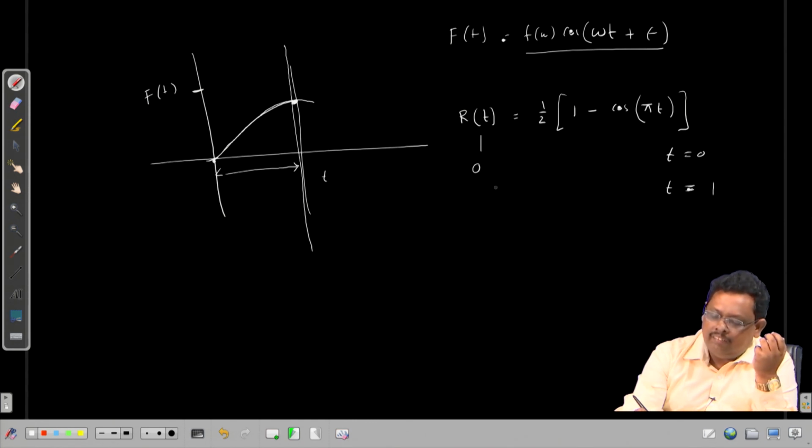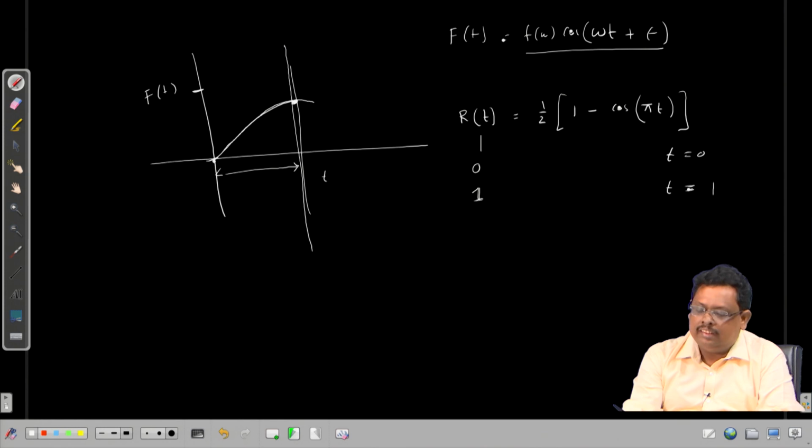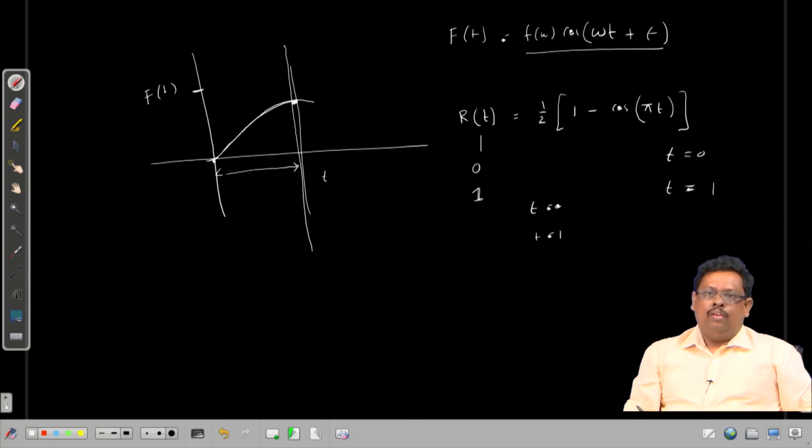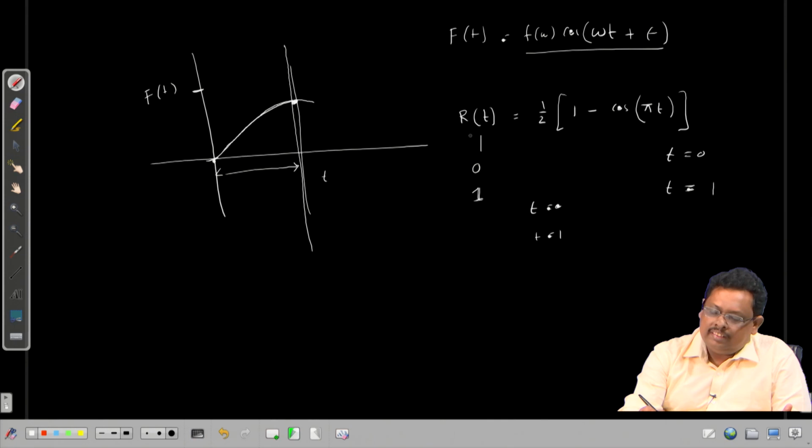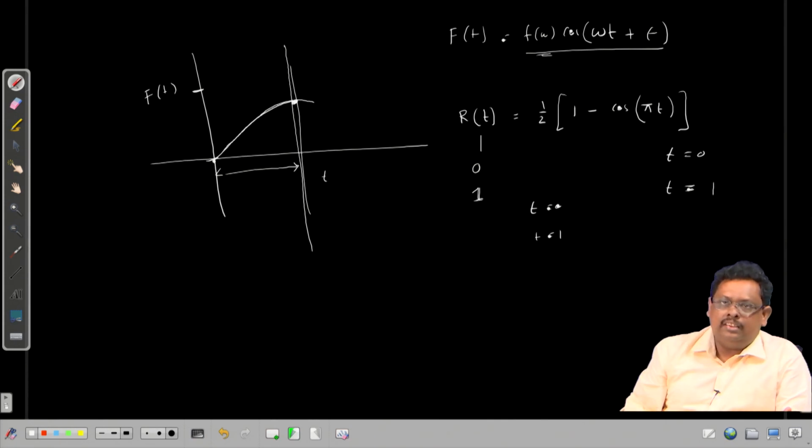So, at that time R t goes to 1. Therefore, if I use this ramp function, at t equal to 0 it is 0, and then at t equal to 1 second it actually goes to the value 1. So, if I attach this ramp function, maybe after 1 second I can reach that, but then